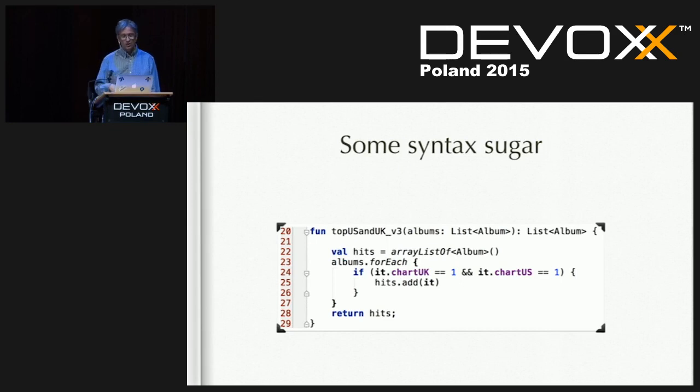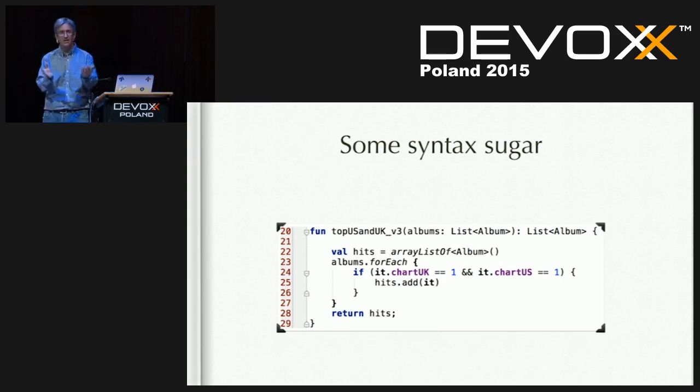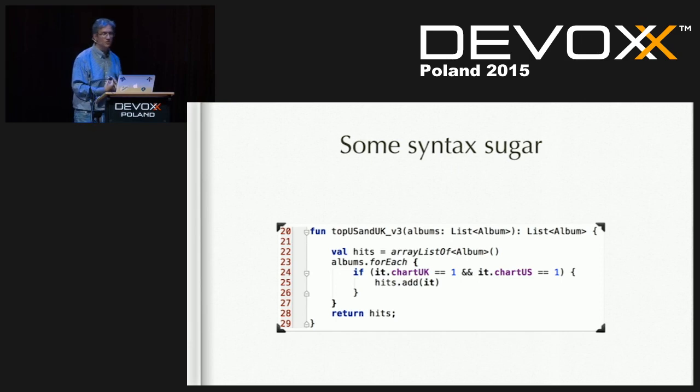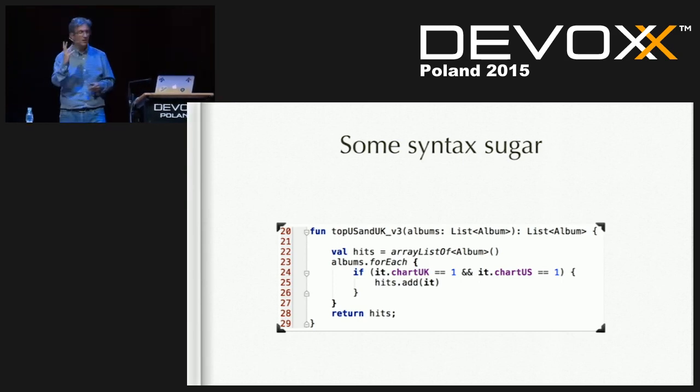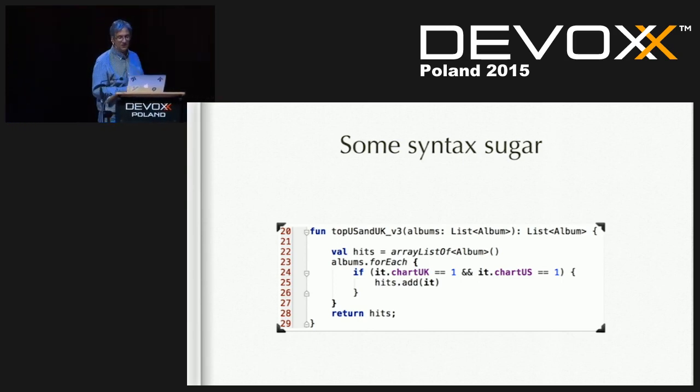Add more syntax sugar. I've now moved from a loop, in which I write a single line of code, to an extension function, to a function which takes another function as a parameter. So already I've now introduced this concept of higher order function. I now have a function which is for each, which takes a Lambda expression, which is a higher order function. Okay? So nothing magical, nothing mystical. All I've done is just make it a function that takes another function.